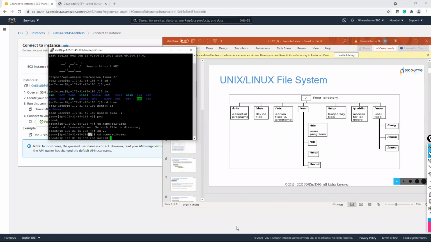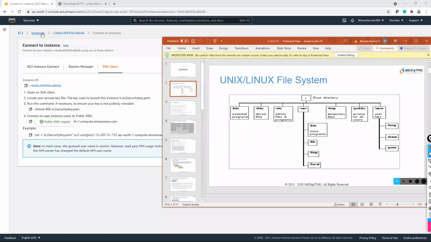Now you are already familiar with how to create an EC2 instance and how to connect with it, so you need not do it now. You can do it afterwards, creating a Windows instance and connecting to it. Close this, okay, and stop your instance.